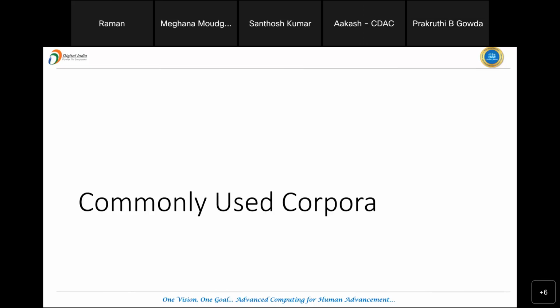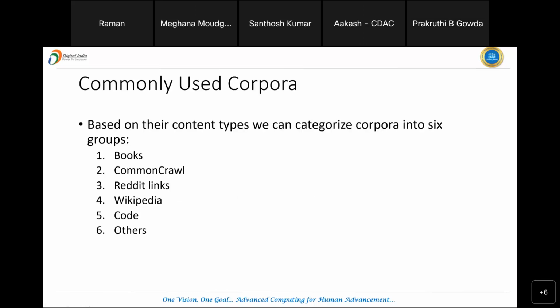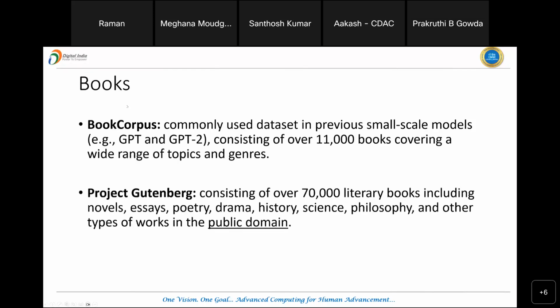Okay, so we'll talk about the commonly used corpus that's being used for LLMs, and they can be broadly categorized into 6 different groups. So we'll start with the first group, that is the books. So this is a corpus consisting of books, and books are a very clean and high quality source of English